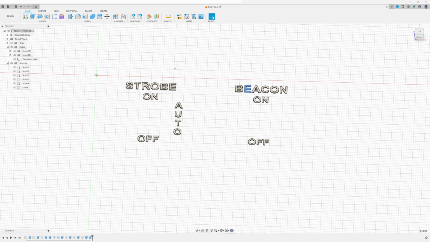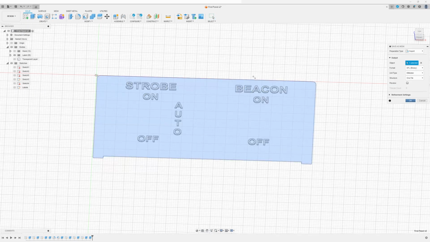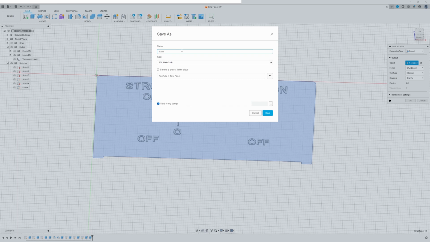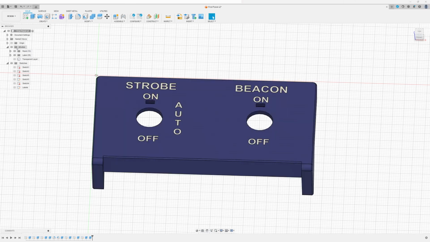I just make all the files I want to export visible, select the upper folder, save as mesh, give it a name, label, save,